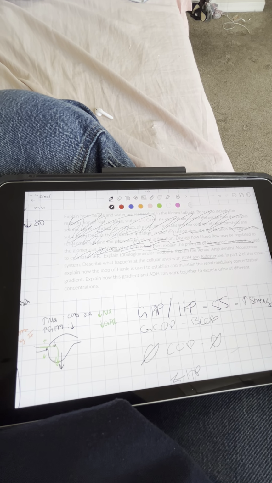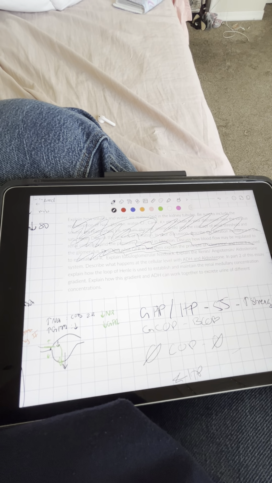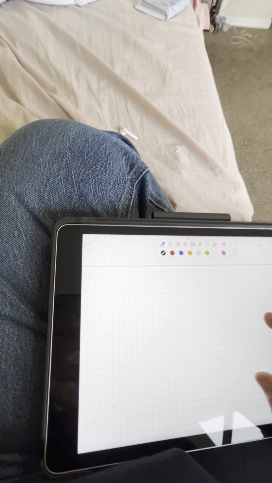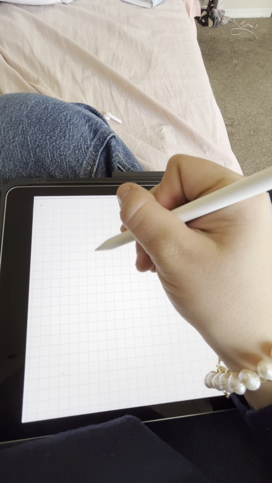In part 2 of this essay, describe how the loop of Henle is used to establish concentration. Okay. If I draw my nephron,